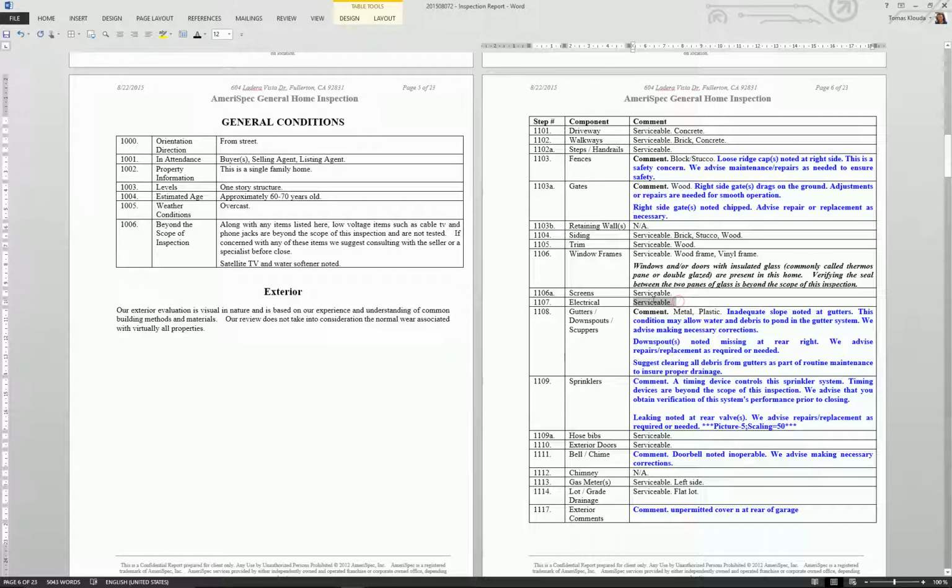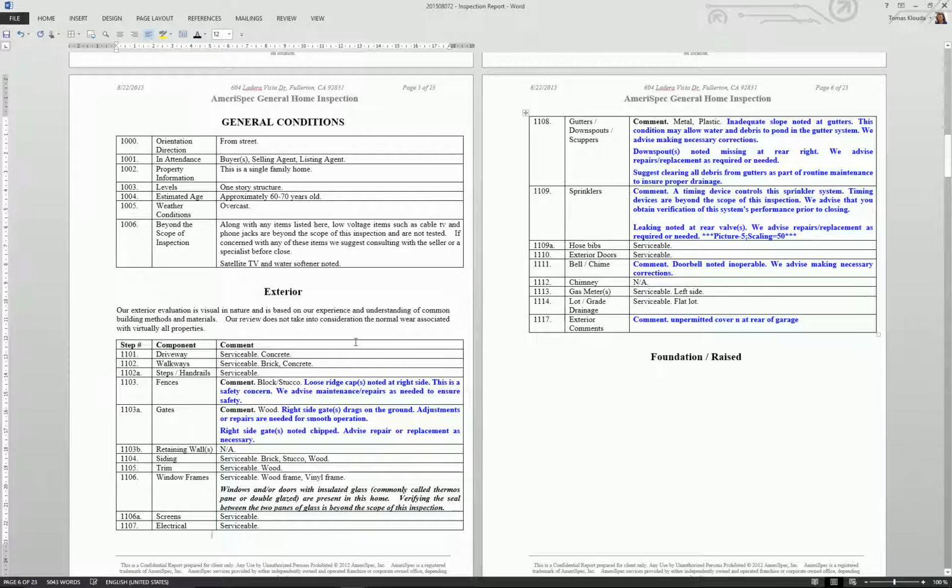So now I want this table to end on this page with the 1107 electrical serviceable. So I have to put my cursor in the next cell, just like this. So now it's here, and I hit Control Enter, and that split the table into two,